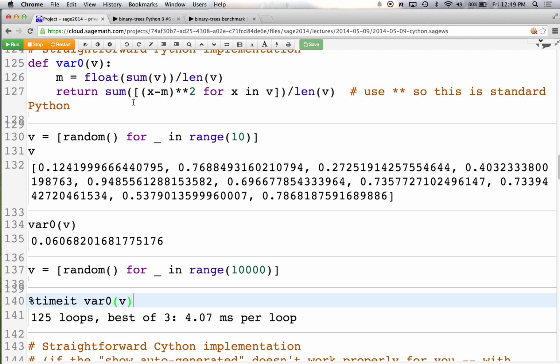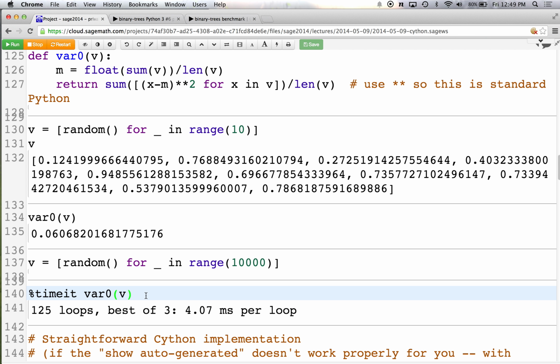Which might at first seem perfectly fine, only 4 milliseconds. But what if you need to compute 10,000 of these variances? Because you're working at a hedge fund and you have to compute some huge number of standard deviations or something because it's relevant for a whole bunch of different financial time series. So 10,000 of those might take a while. A millisecond is 1,000th of a second, so 10,000 of those is going to take 40 seconds. And that's kind of a long time. And what if you need to do 1 million of these? Then you're in big trouble. So it needs to be a lot faster than that.